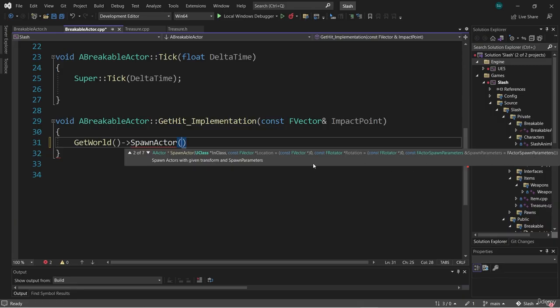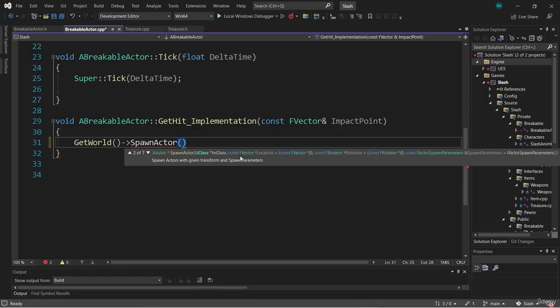Now, actually, location, rotation, and spawn parameters all have default values, and if you omit them, then the actor will be spawned at this location and rotation with these spawn parameters, which is using the default constructor of the FActorSpawnParameters struct. So we can really get away with not passing in these parameters, but that means our actor will be spawned at location 000, as this is a C-style cast to an FVector with all zeros,